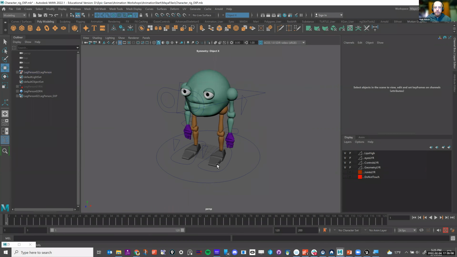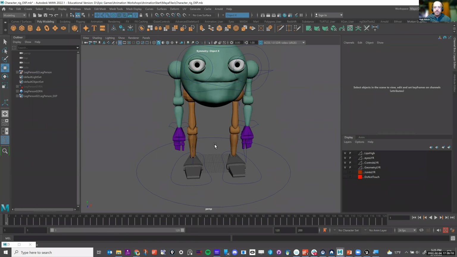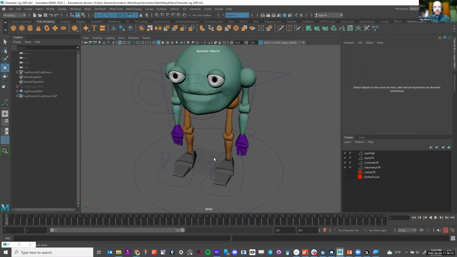So this would be more of the size that you want. If your grid in Maya is small at the feet, that's closer to the right size. If your grid is way bigger than your character, when you pull it into Unreal, you're going to find that the character is just going to feel small.